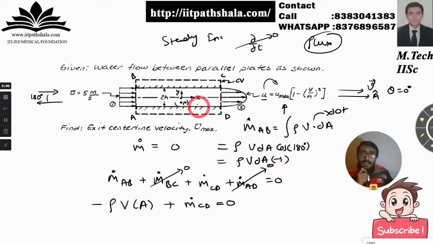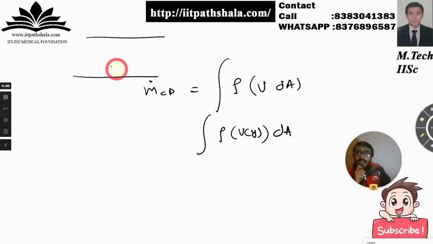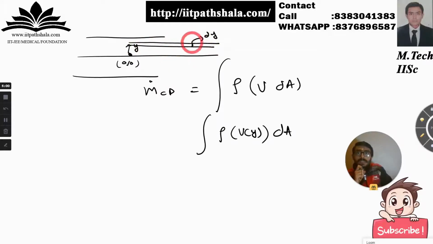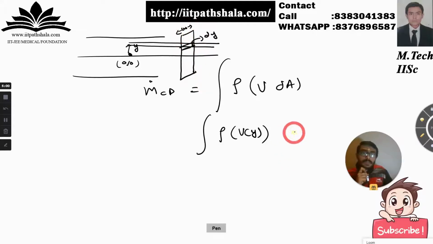Fine with that. Now here, as you can see, I have taken the velocity variation with respect to this 0 0, which is at the axial line itself, at the middle of your pipe. So I'm taking it from here, considering a very small elemental dy at this particular phase of the control volume. This is my dy itself, and this is the width of the control volume. So dA will be equal to dy into whatever width of the pipe is given to you. Fine with that. So the velocity variation is given to you.